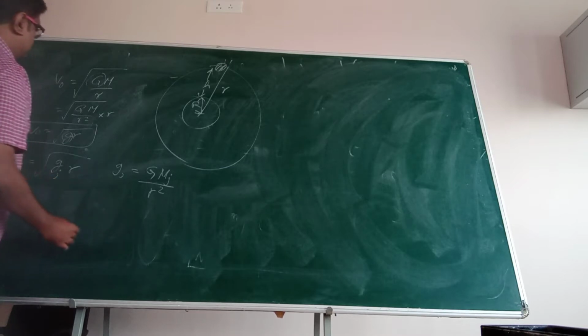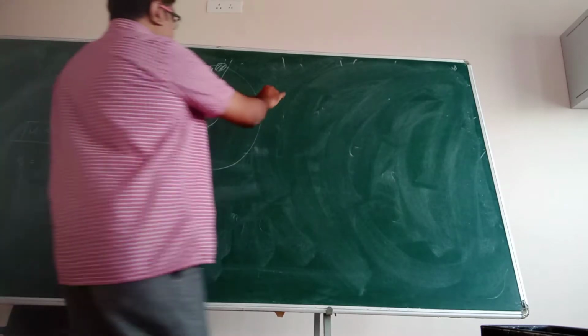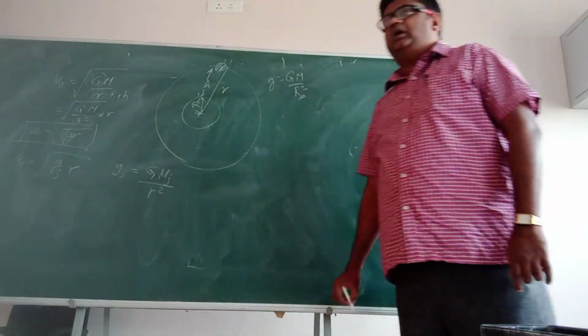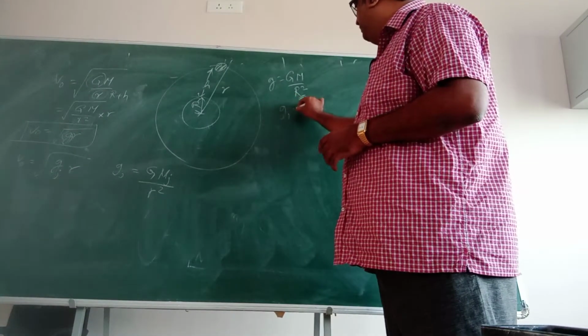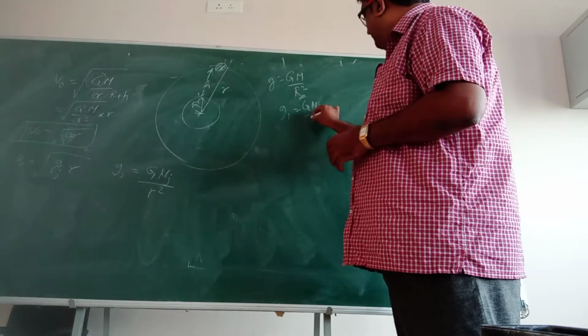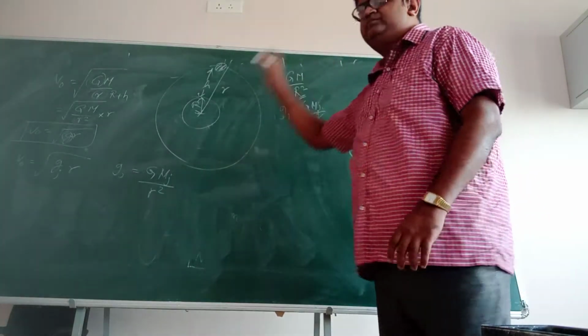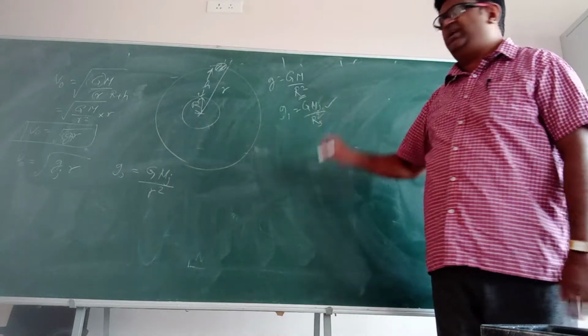Look here, one thing: this r is R plus H now. Basically it is R plus H. So how do you find out the value of g? G M by R square. This is the R value of the Earth. If you want to find out the value for Jupiter, you have to put the mass of Jupiter by the radius of Jupiter squared. On the surface of Jupiter, this is how you have to calculate the value of g.